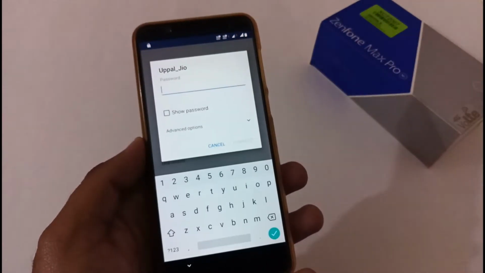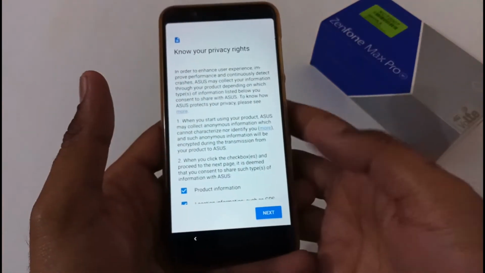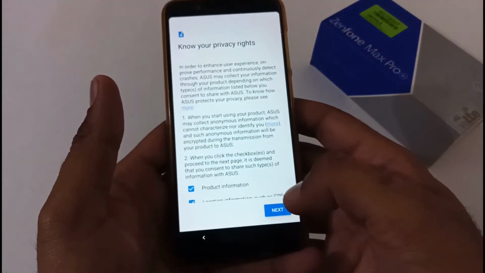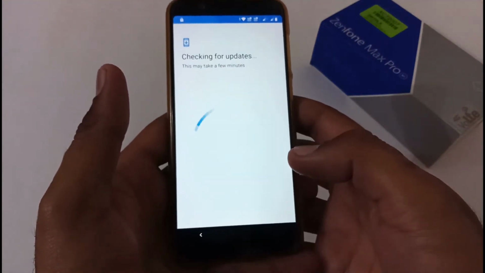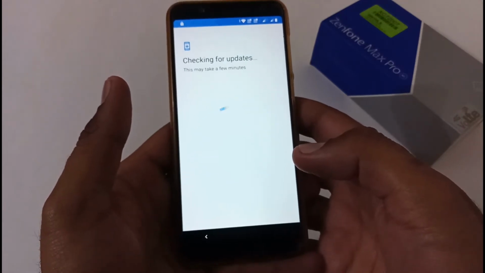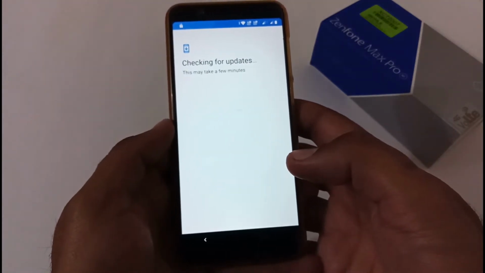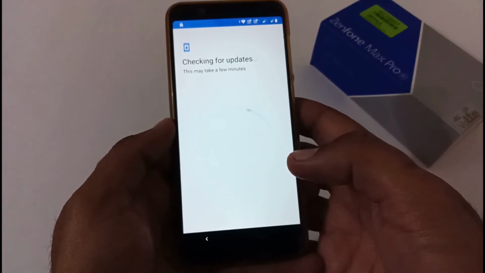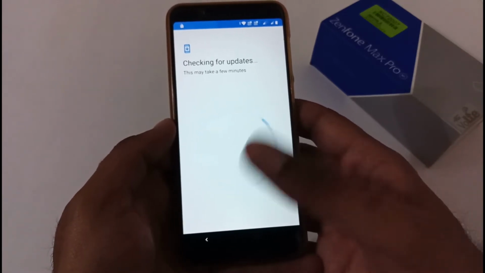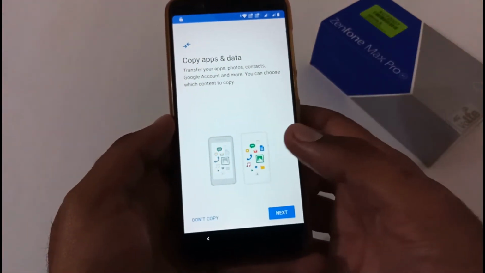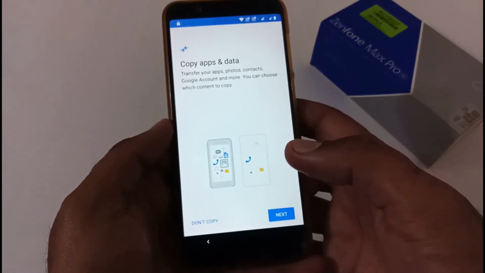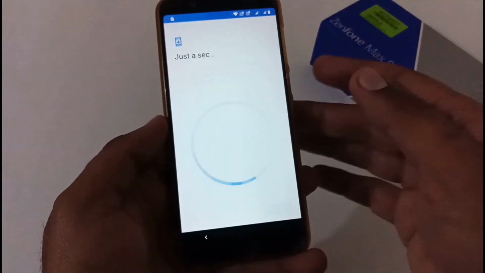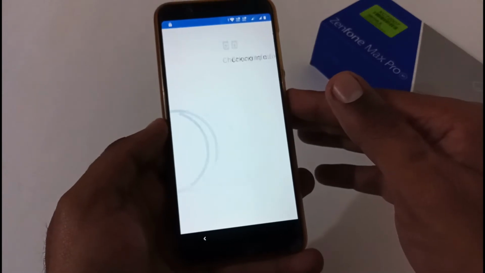So let me enter Wi-Fi credentials. After entering the Wi-Fi credentials, we have moved to the next section. So let me complete those as well. Here it will be checking for updates with respect to Google Play services. If anything is pending, it will download and install it, and afterward move to the next screen. Here it is asking, do you want to copy apps and data from the Google Cloud? As of now, for the video's perspective, I'm going to skip it.